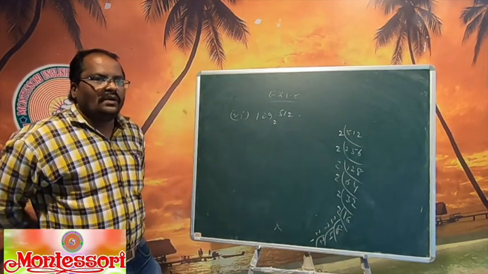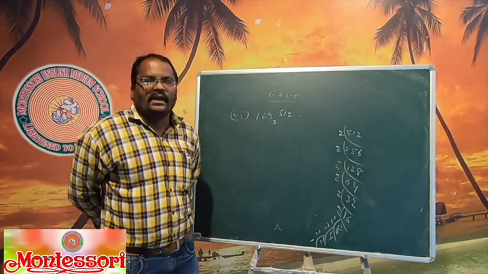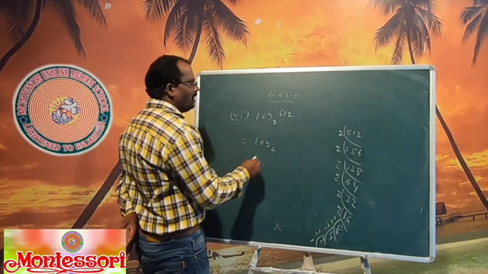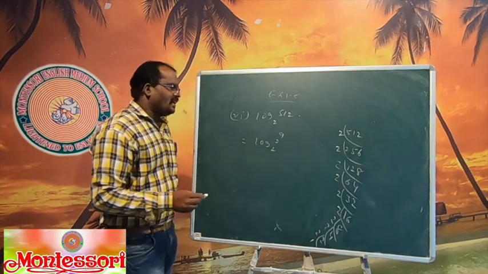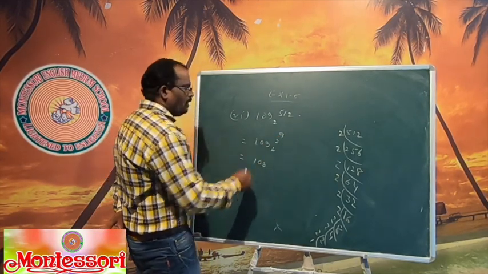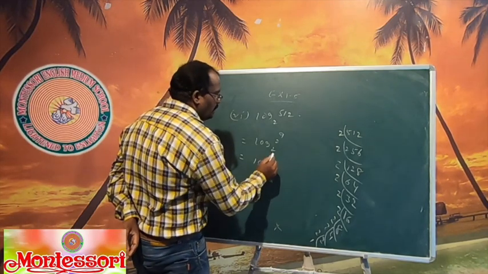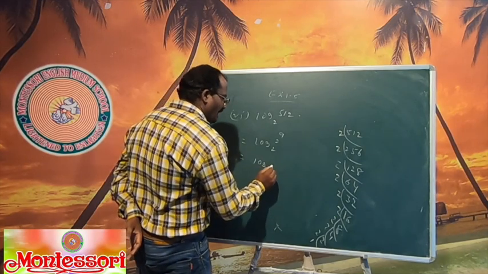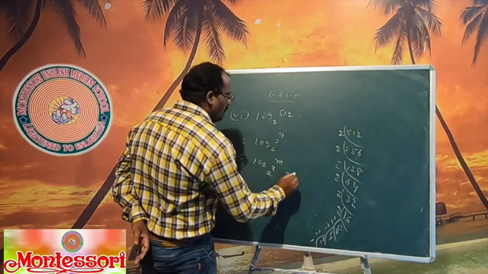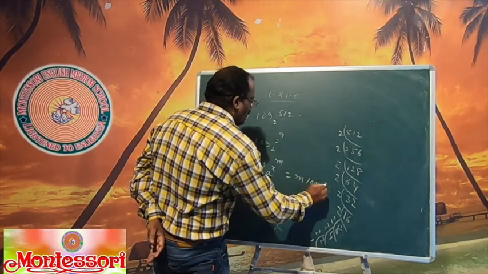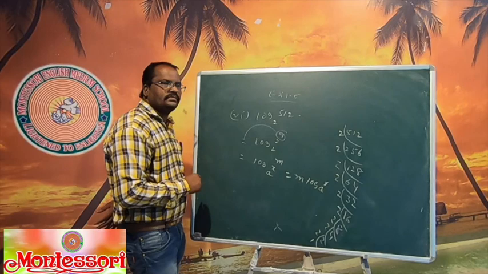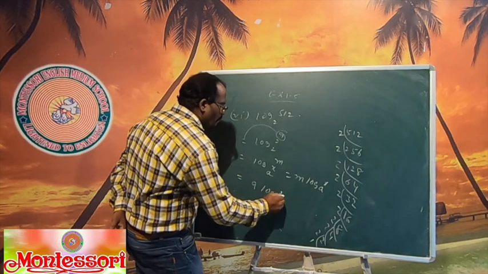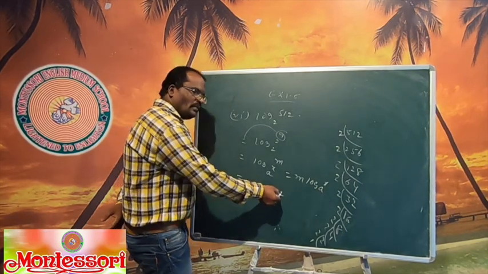Whatever number they give, first of all you have to find the LCM. 512, how many times do you have to write 2 here? Log of 2 power 9 with base 2. I said one formula: log of a power x whole power n is equal to n times log of a power x. The power comes to the front. That means 9 log of 2 power 2. Here the base is 2 and the power is also 2.